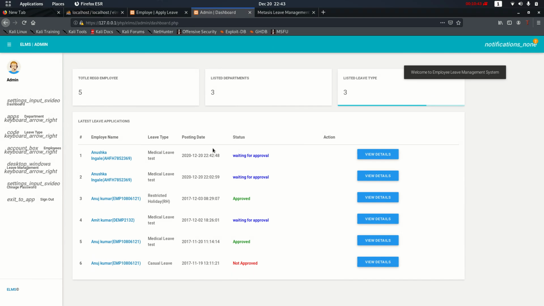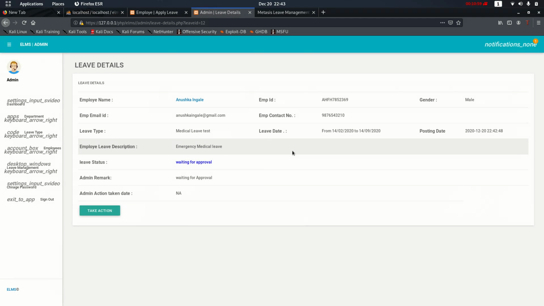Here, as we can see, the latest leave which has been applied is at the first rank, with the status that it is waiting for approval. We can see a few more details as we click on view details.